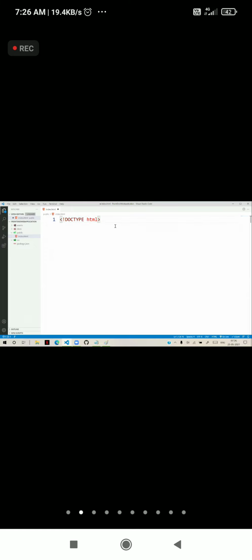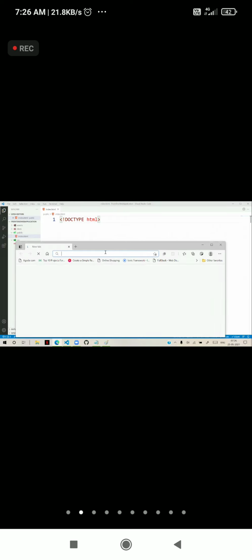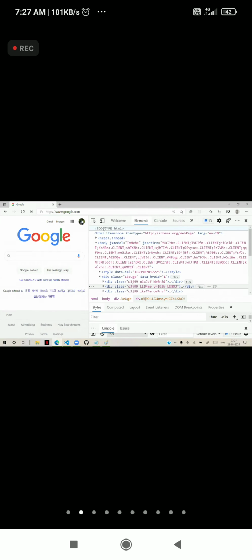So it is the document declaration. You can observe whether the page is designed in HTML5 or not. Suppose you open Google. When we open Google, right click on the page and select inspect. In the inspect, in the elements at the top, you can see doc type HTML.